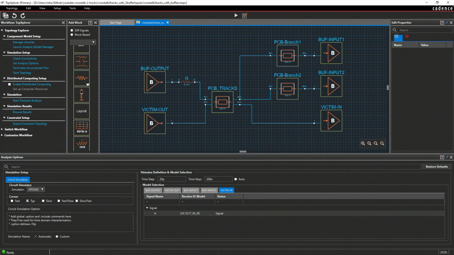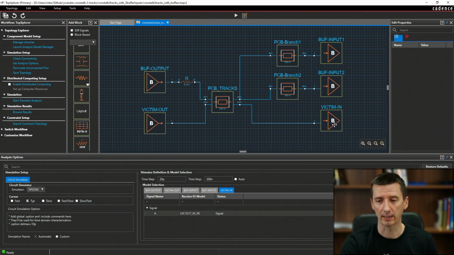Notice we have not done anything to meet the input impedance of these buffers. And don't forget, the input impedance of buffers is usually very high. So for the signal, it looks like at the end of these tracks there is nothing connected.